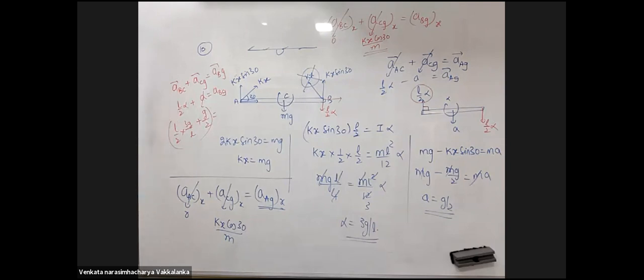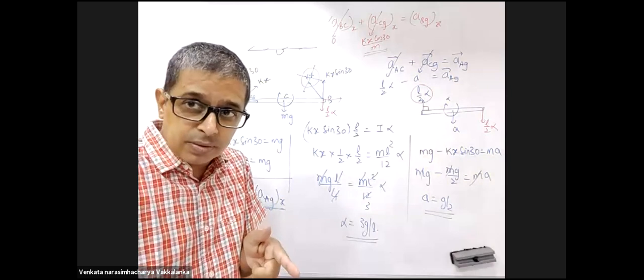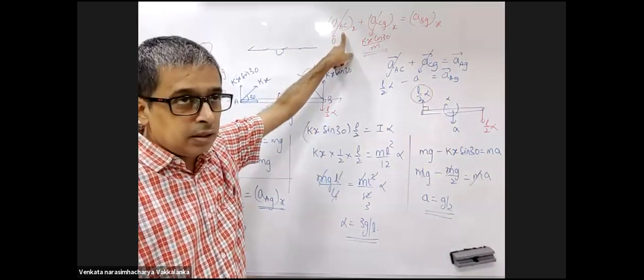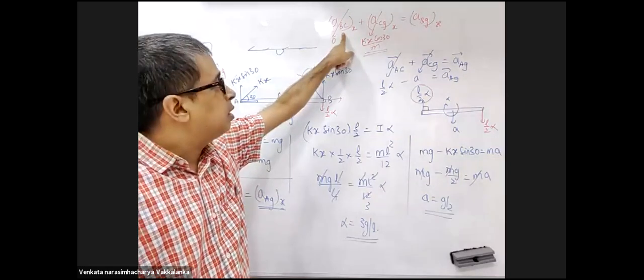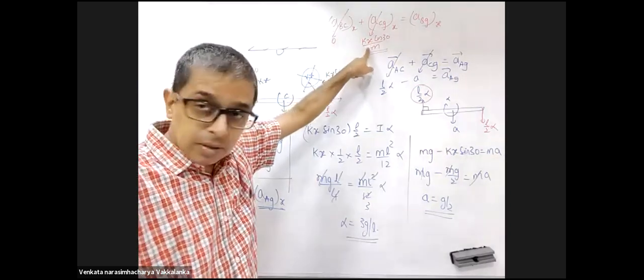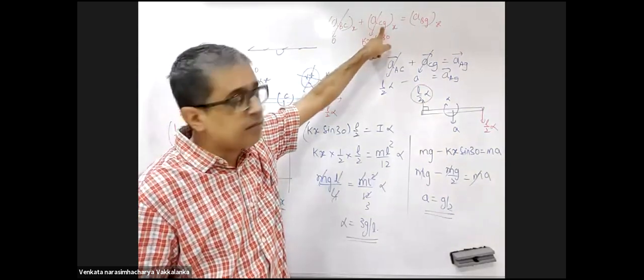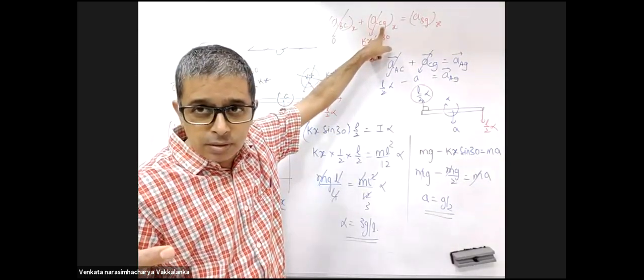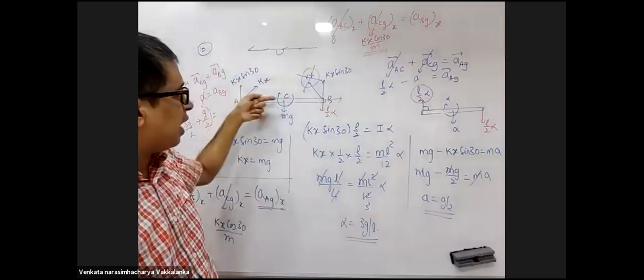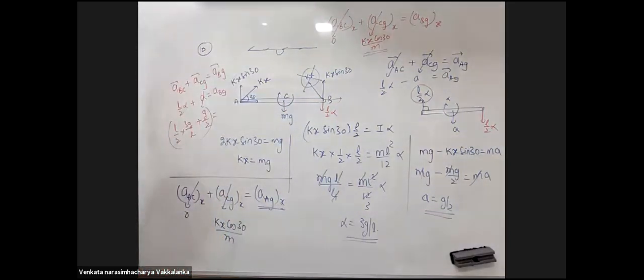For which did you say? So point B. B का acceleration with respect to center of mass? Now, sir, the ACG. Sir, would it have been minus kx cos 30 by m, no? This one? Yes, sir. Kx cos 30 का direction. This is what? Acceleration of center of mass with respect to ground. So center of mass का acceleration is in this direction because of the force kx cos 30. Okay, sir. Sorry, sir. Noted, sir.